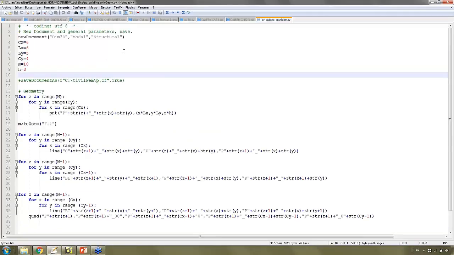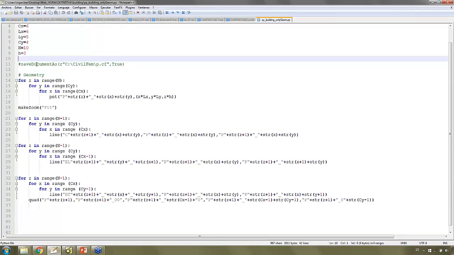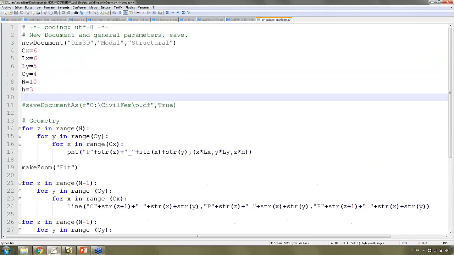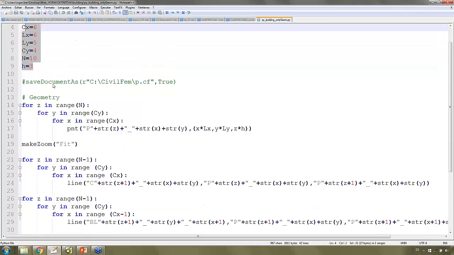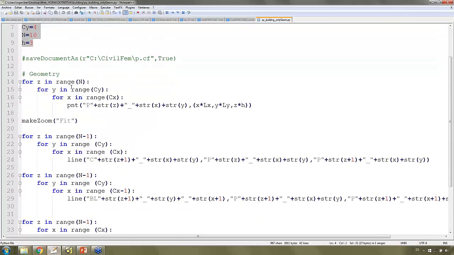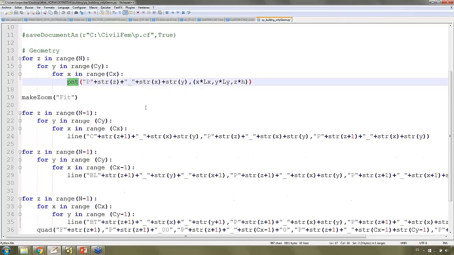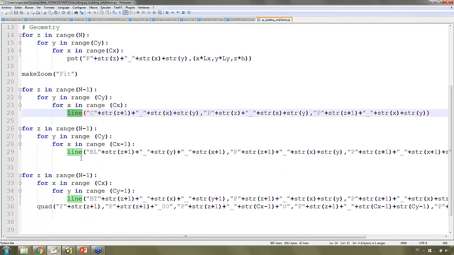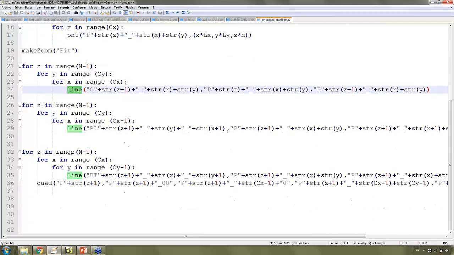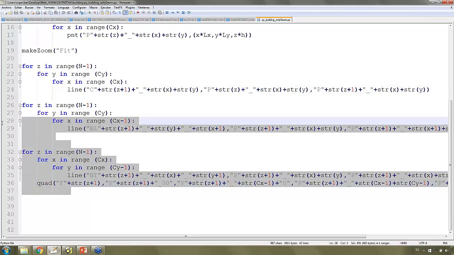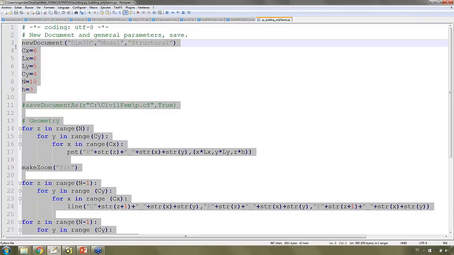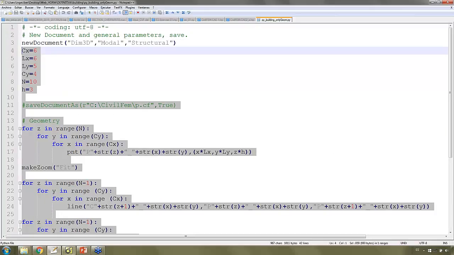Python is the language of CivilFEM, and here with this script I've created some parameters with the dimension size of the model, and here some loops to create different points, different lines in X, Y and Z direction, and different areas here. So well, if I launch these commands here in my model,